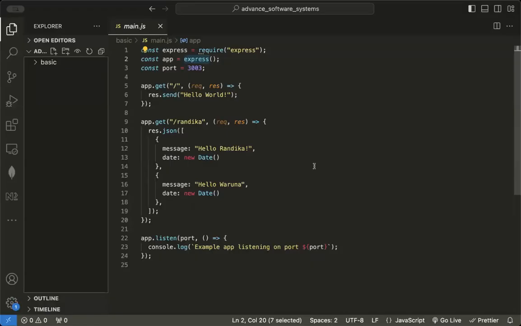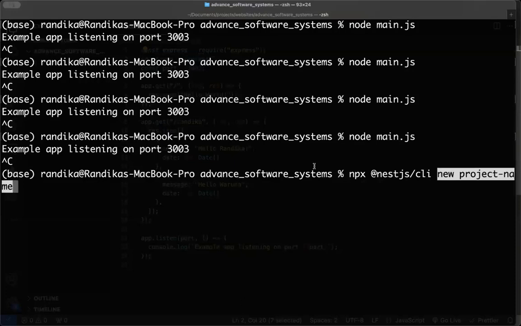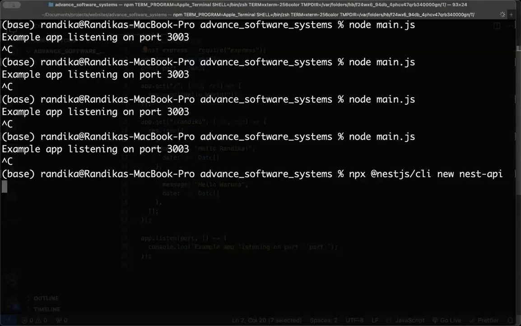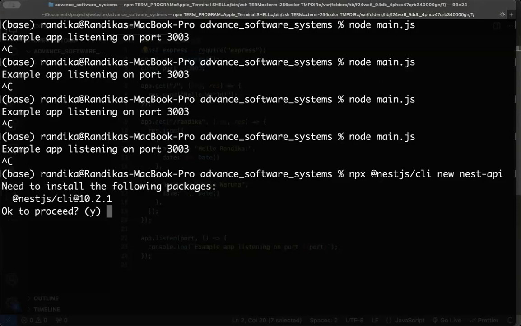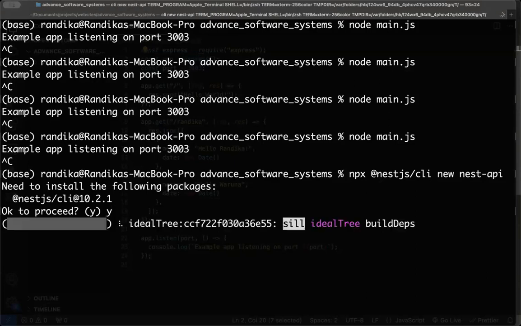New project. Project name is API. Give me a second, I'm going to check this works. If not, we have to